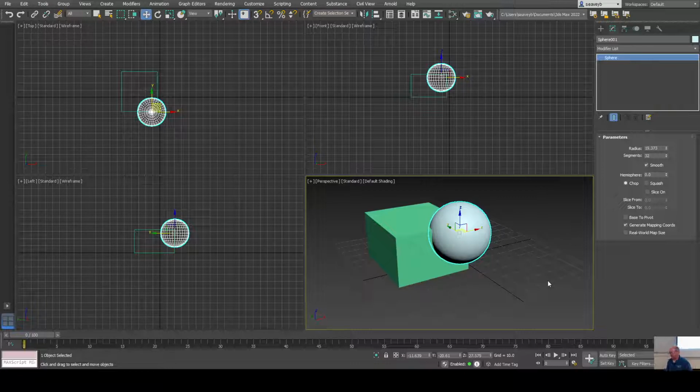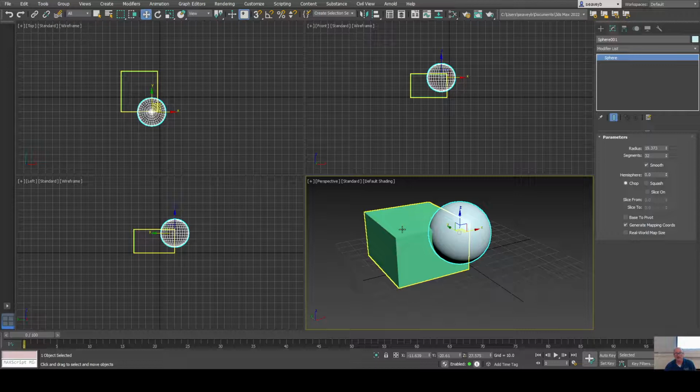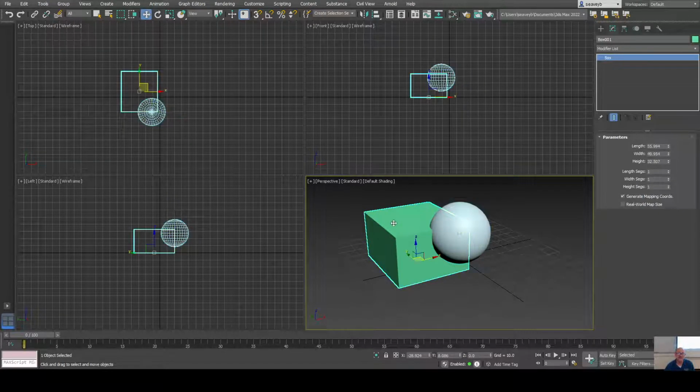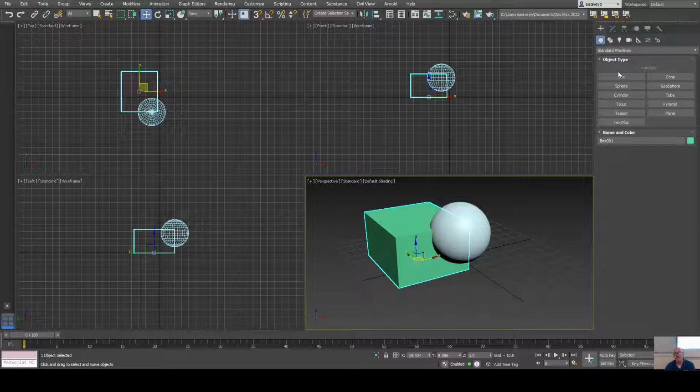Let's say I want to take that sphere out of the corner of the box, right? So an easy way to do that is select the object that gets subtracted from, right? So in this case, the box, and I want to take the sphere away from it. Okay. Then I can go to the Create panel and go to Compound Objects and go to, there's actually